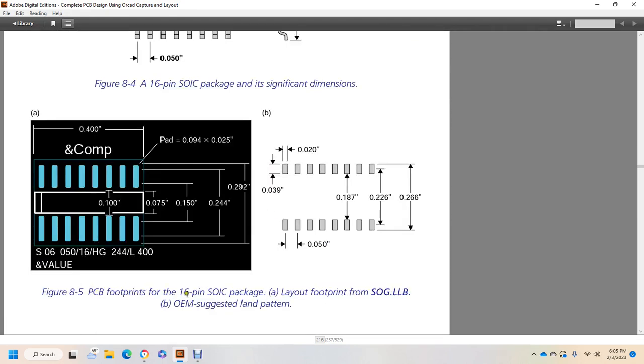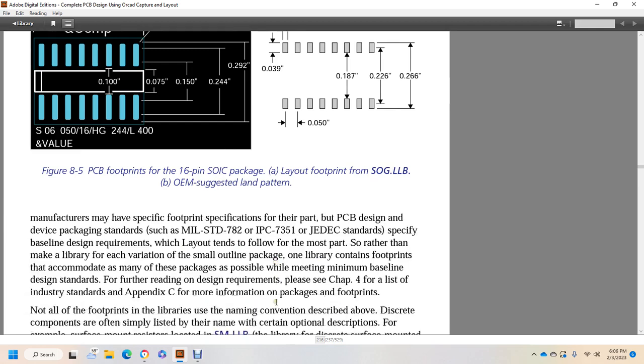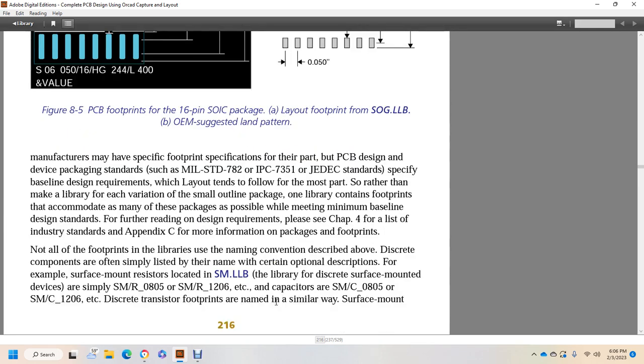PCB footprints for the 16-pin standard outline integrated circuit package layout footprint, and the suggested land pattern. Manufacturers must have a specific footprint specification for their part so the PCB designer can design the device packaging. Standards such as military standard 782, IPC 7351 and JEDEC specify the baseline design requirements for layout footprints,